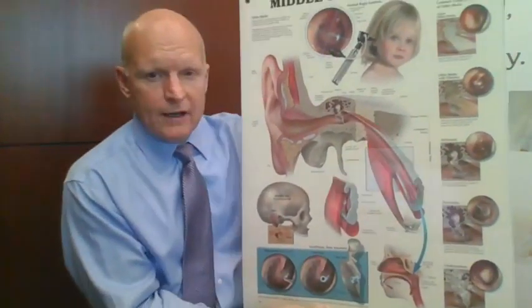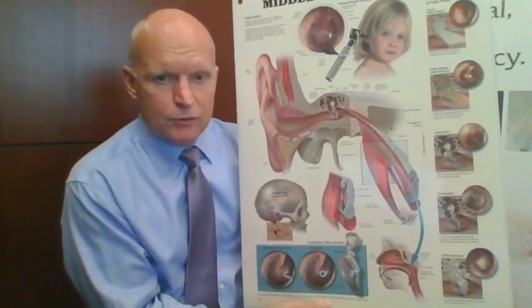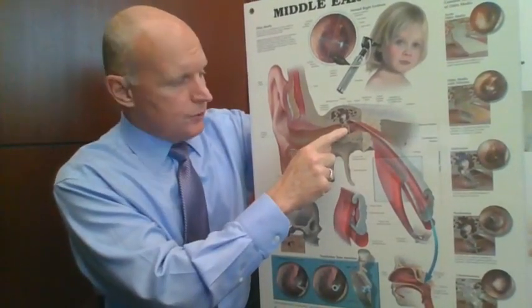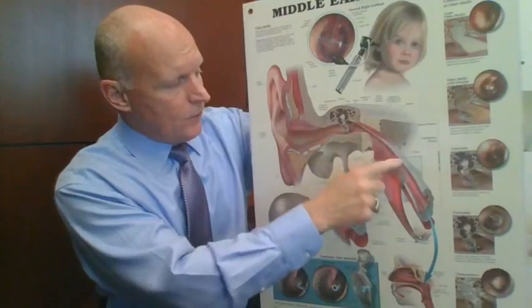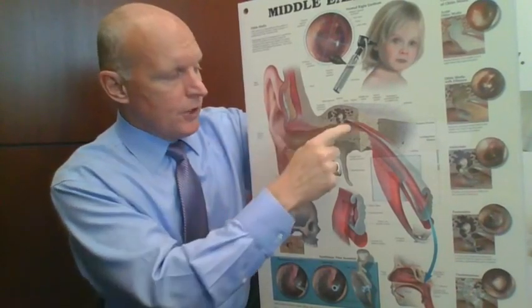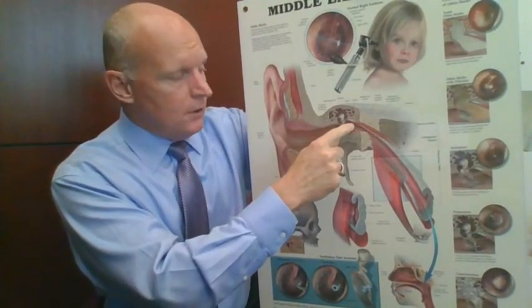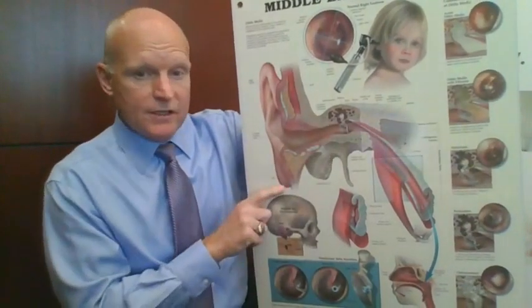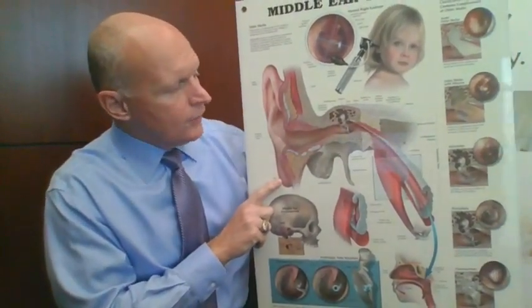And that hole allows air pressure to move in and out of there. So it basically acts like an artificial eustachian tube. If I can't move the air back and forth here, I'll simply move it across the eardrum, equalize that pressure, make sure I don't have a buildup of fluid, and allow the eardrum to move more normally so we can make sure to maintain good hearing and hopefully good speech.